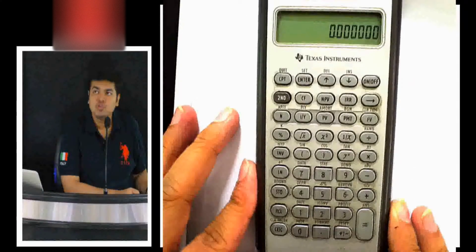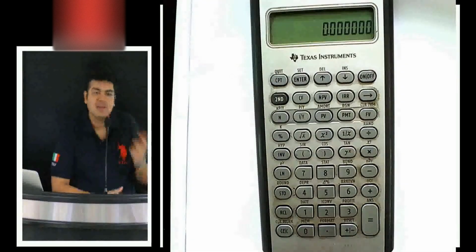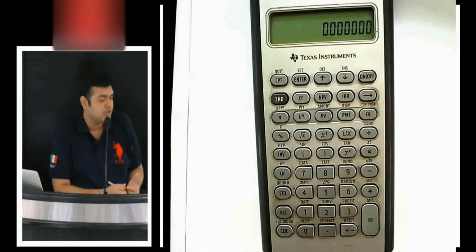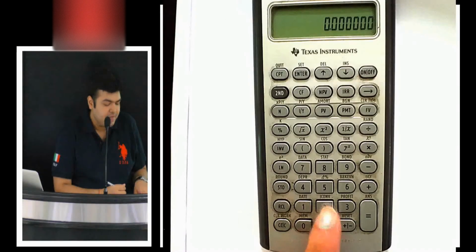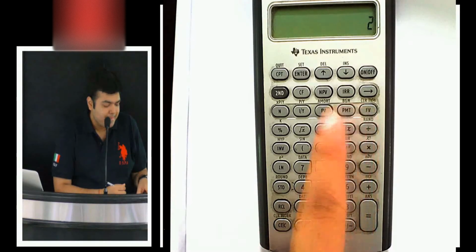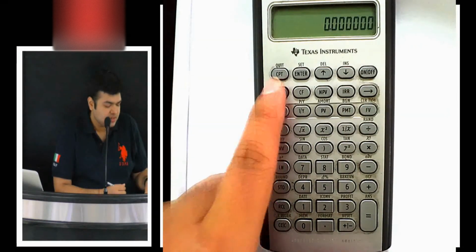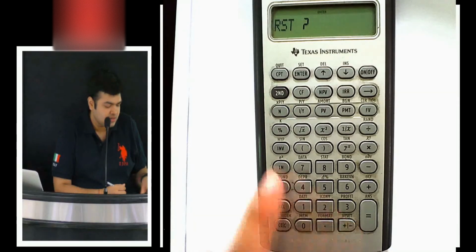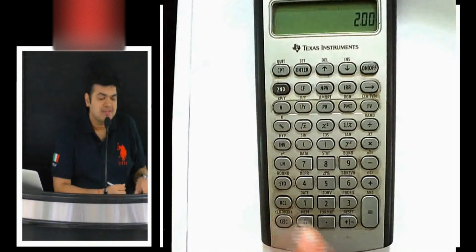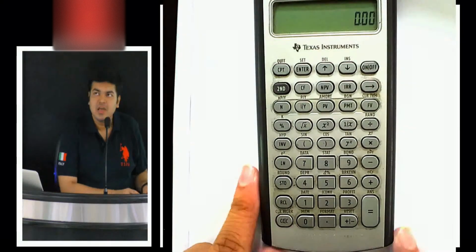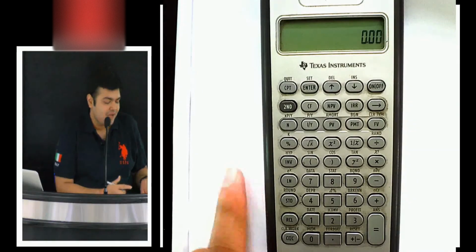I'm trying to cover everything so that you guys are comfortable, you know all the functions. You may use certain functions more frequently and some functions will not be coming into that much use. Now say for example we have the function round. Let me set the calculator, second format, to enter. Let me set the calculator to 2 decimal places. It might not be very relevant for you, just have a look.